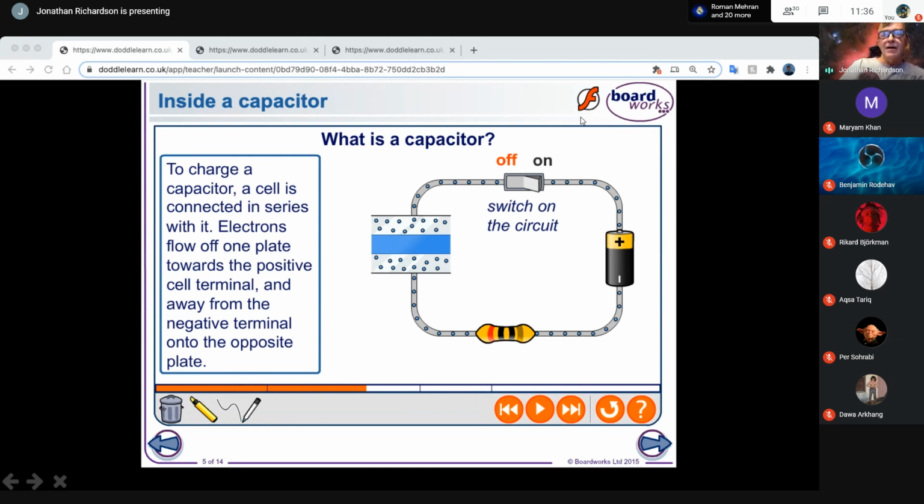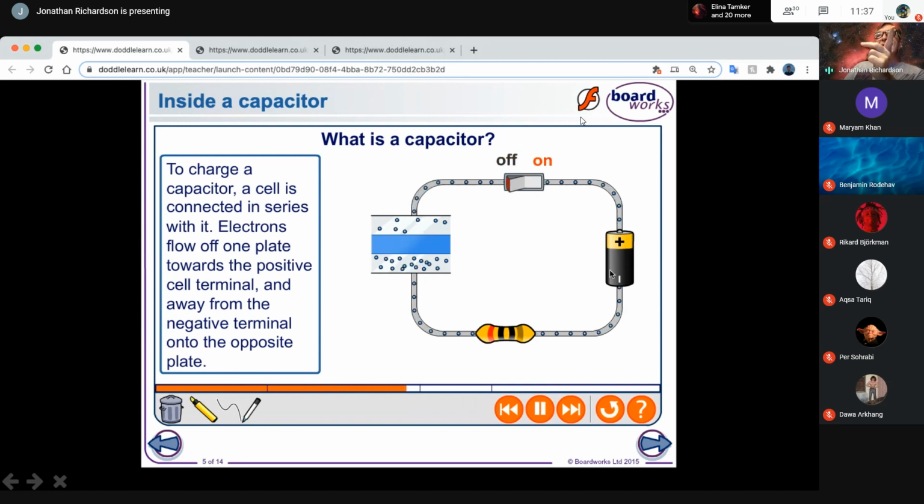So now I've got in this circuit a battery over here, which is going to supply for us electrons into this circuit. Now, before I turn the switch on, the electrons are distributed evenly all around this plate, this circuit. So the electrons are not moving. They are stationary. There's an equal number on the top and the bottom plate. If I now switch on this circuit,